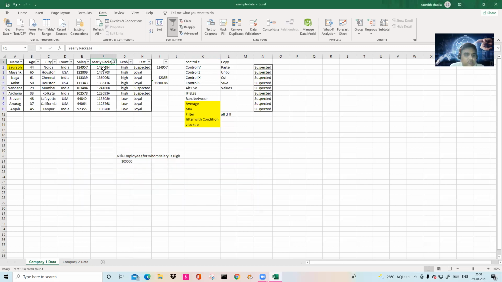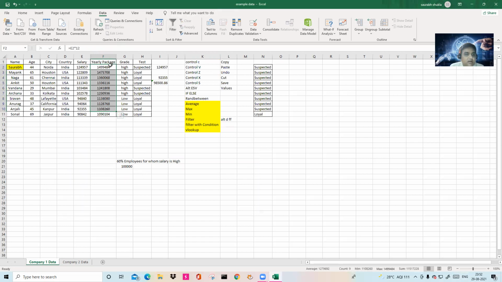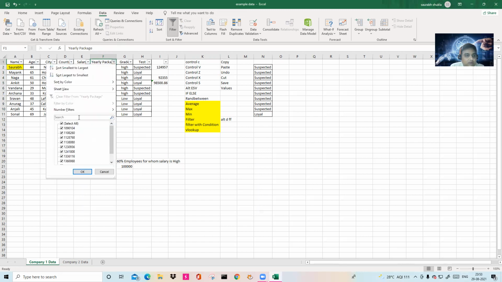So here it will show you values. How many values is it showing? Total 9 values. Total how many values are there? 10 values. So greater than 11 lakh, 9 records are there.